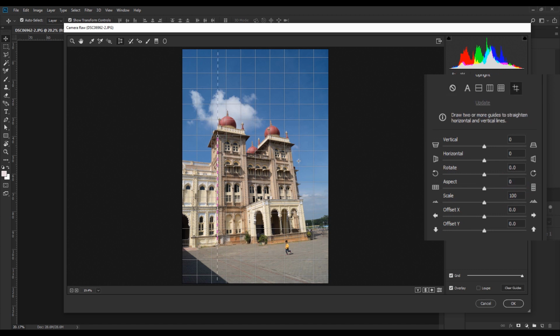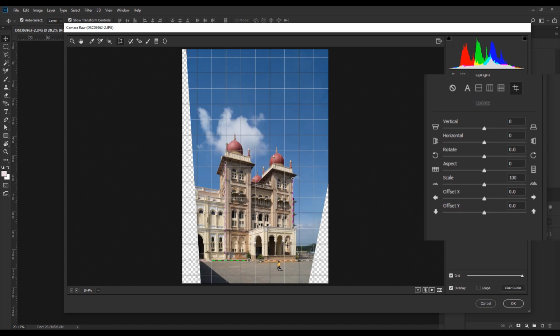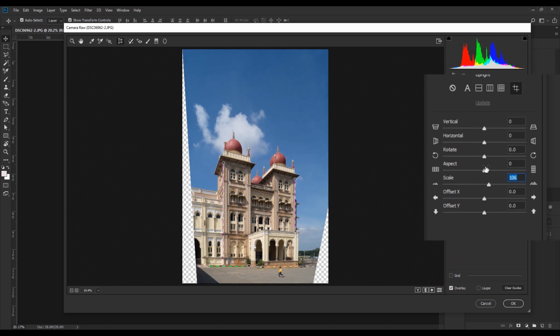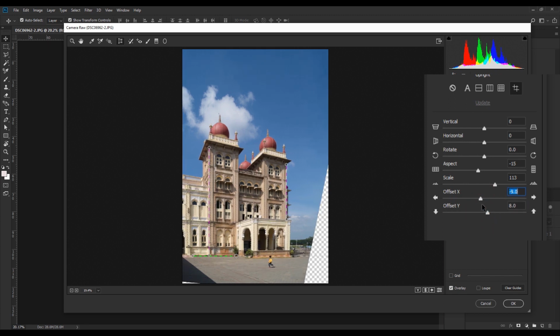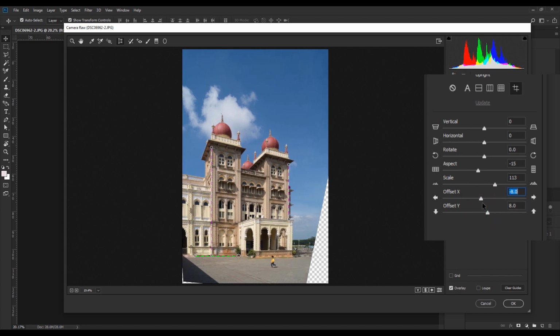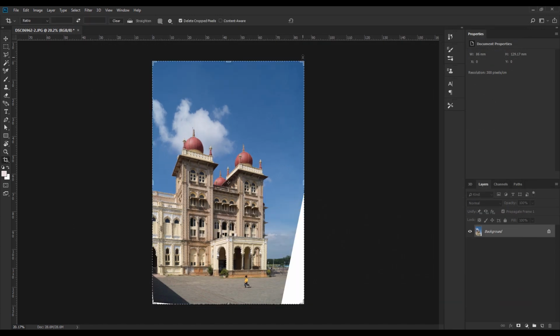Here also you can draw a maximum of 4 guides, and you will start defining the vertical lines first and then the horizontal lines. It is not necessary, but I saw it performs better in this way. First verticals and then horizontal lines. So the method is exactly the same as before. After you draw the guides, you have to do a little bit of correction with the other tools present there. And when your editing is done, just click on the OK button and your photo is ready.